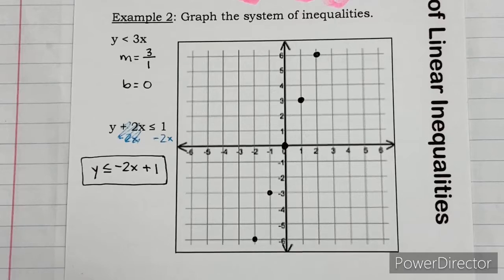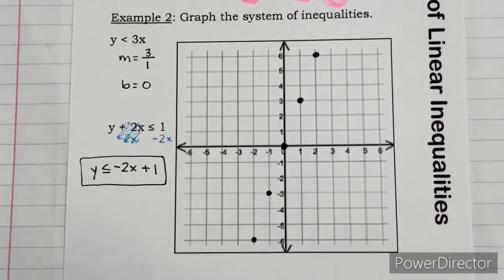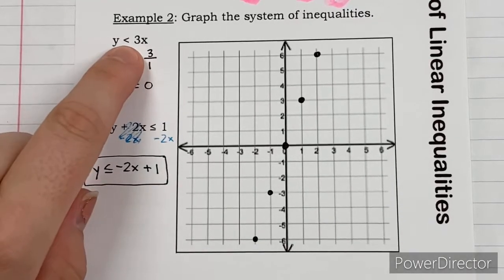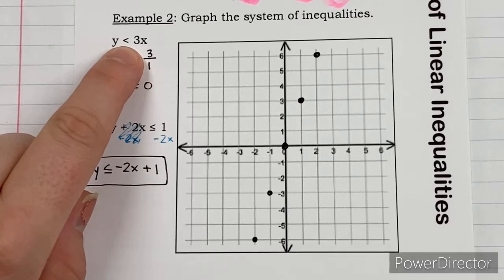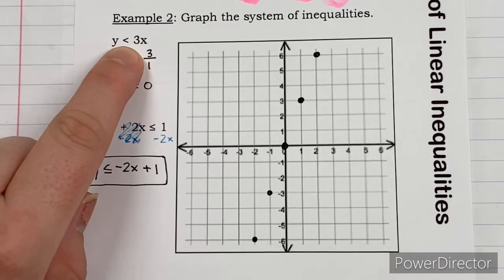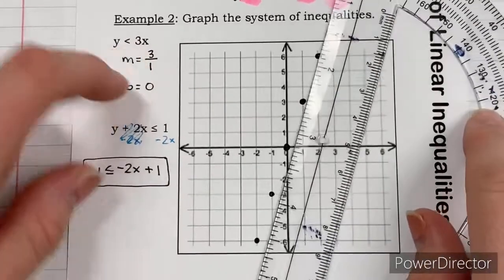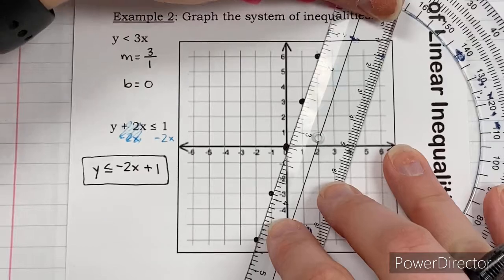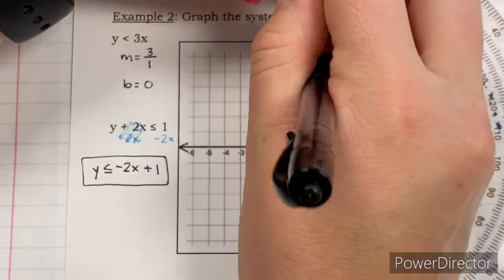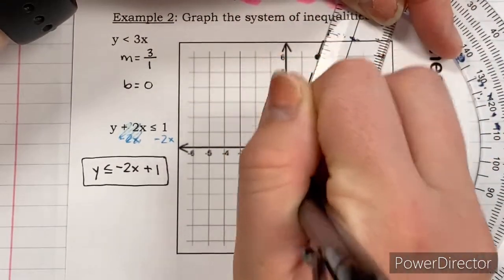Now, remember, before you actually draw your line, we have to pay attention to our inequality, and we can tell two things from it. We can tell what type of line we're going to draw, and then which way we shade. So this is a less than, so we're going to draw a dashed line, because that or equal to bar is not there. So dashed line,